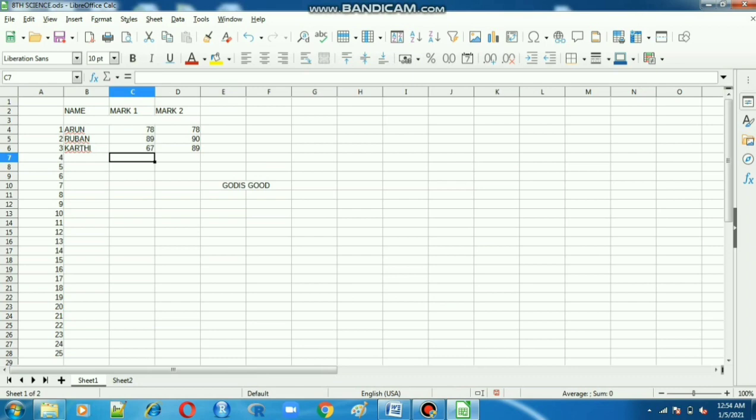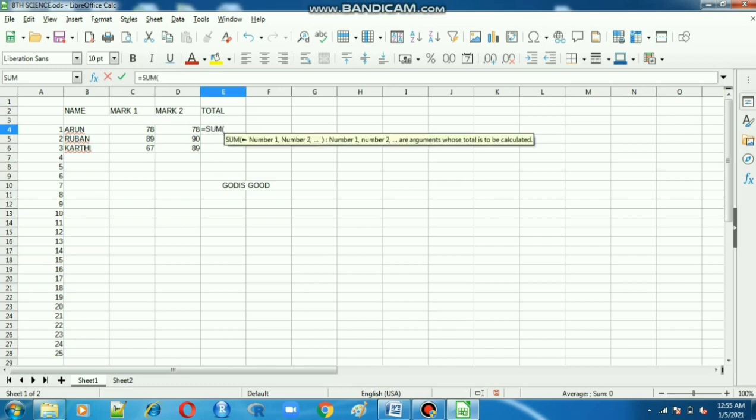So I have to calculate these values, the total. For total I use the equal symbol, first sum, then bracket. Select a cell address: just click that particular cell, that is C4.